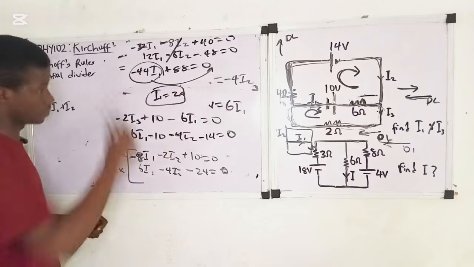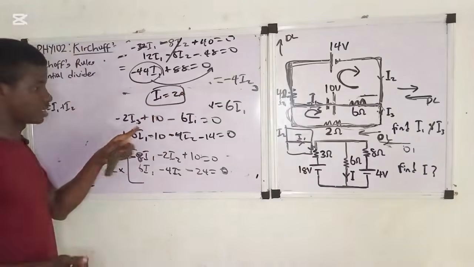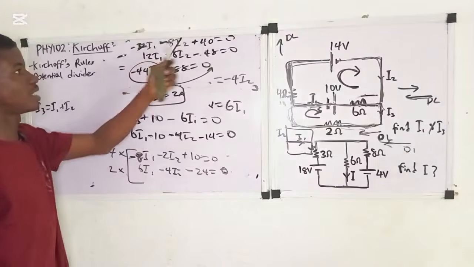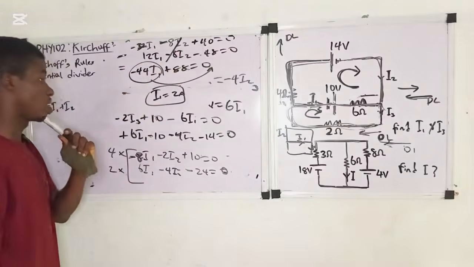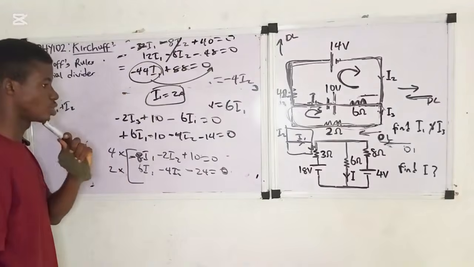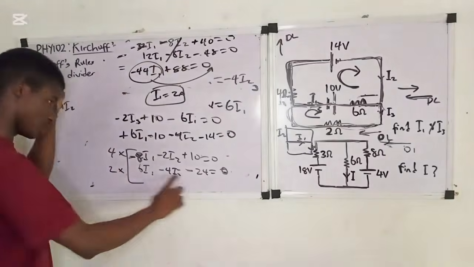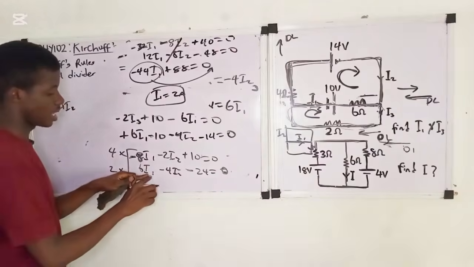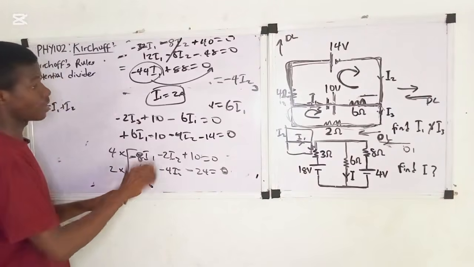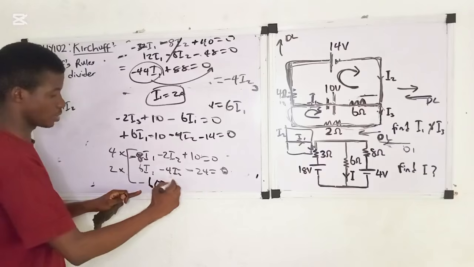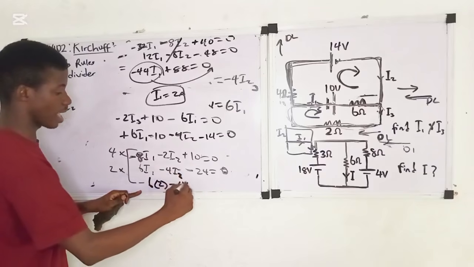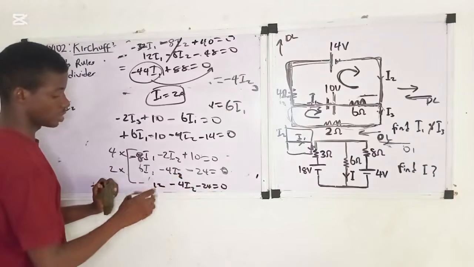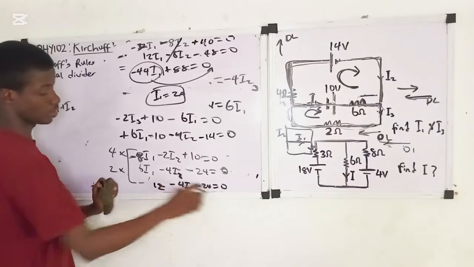What next? Now, we can use I1 to get I2 in any of the equations. So let me use this one. So 6 I1, right? I1 is 2, so that is 6 times 2, then minus 4 I2, because we want to look for I2, then minus 24 is equal to 0. So 6 times 2 is what? 12, right? Then these two are common. So 12 minus 24 will give us